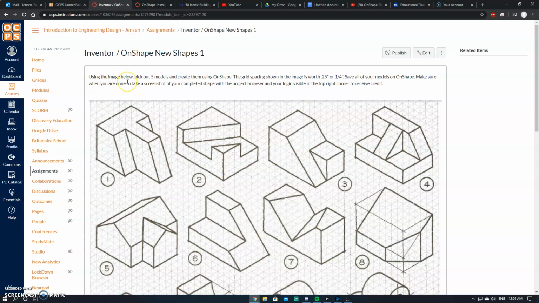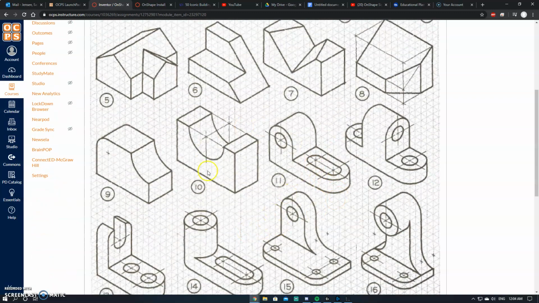Use the image below, pick out 5 of the models and create them using OnShape. It's very similar to what we did at the beginning of the year. Each one of these little grids that you see is 0.25 or 1/4 of an inch, whichever one you want to identify it as. So I'm going to go ahead and I'll just choose shape number 10 right here, and I'm going to go over to